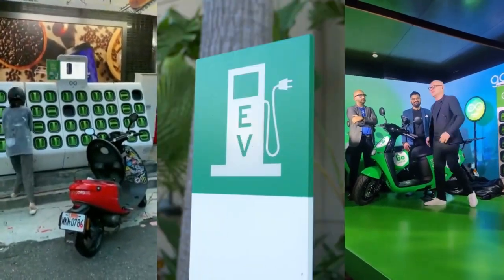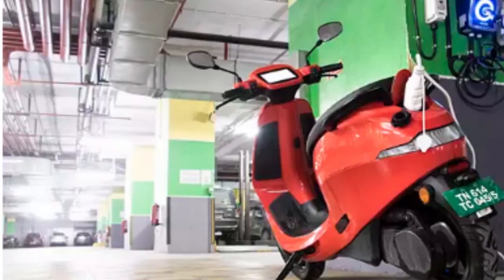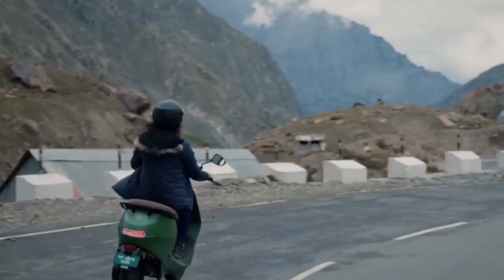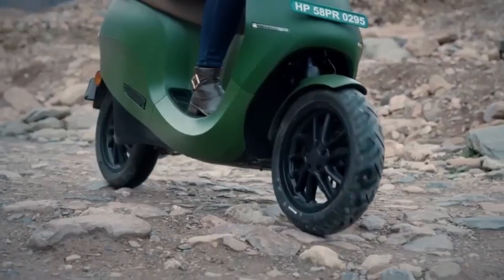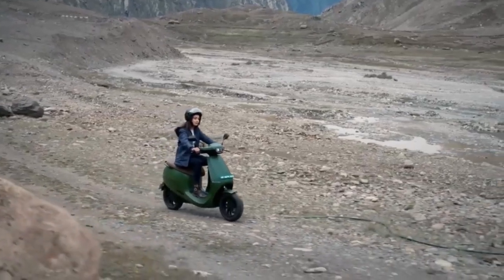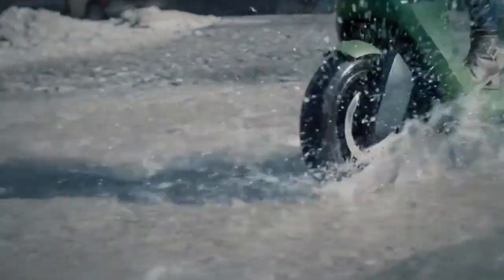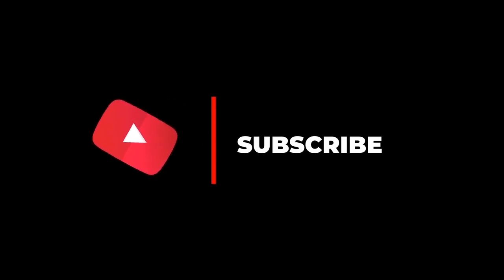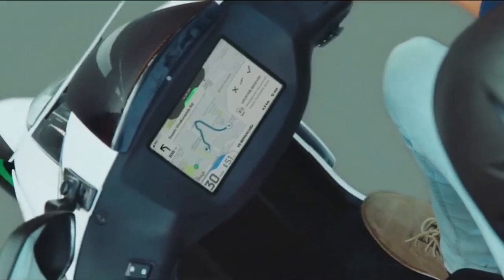For example, the Ola S1 Pro claims a 135 km range in normal mode, but that's only possible when you ride it at around 50-60 km/h of maximum speed. Anything over that for a longer time could result in a maximum range of around 100 kilometers. So, gentle throttle inputs followed by an economical top speed can help you save the battery charge. This reduces the time you'll have to keep the vehicle plugged in as well as have enough range to get